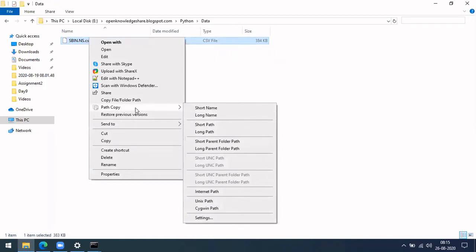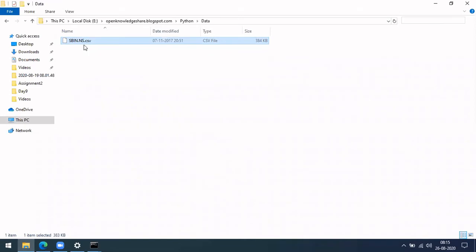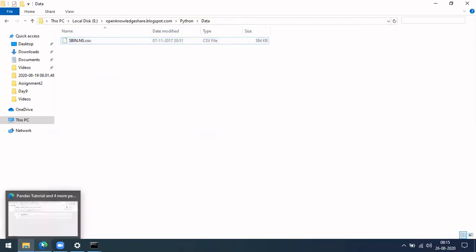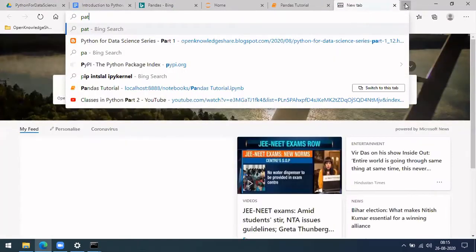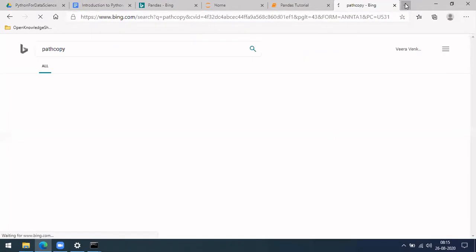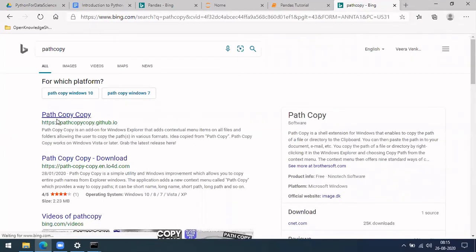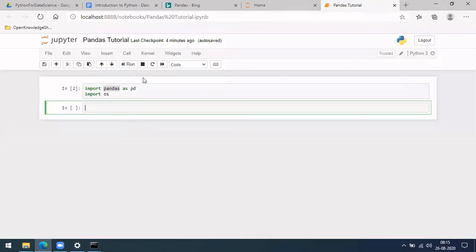I use this path copy library which will directly copy the entire path, instead of copying only the folder and then writing this name. There is this path copy, which is an open source software. You can use that to copy the file path directly. Okay, so this is the one. It will give you the flexibility. Okay, now let's start with CSV.